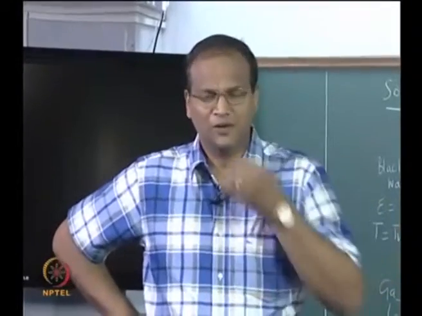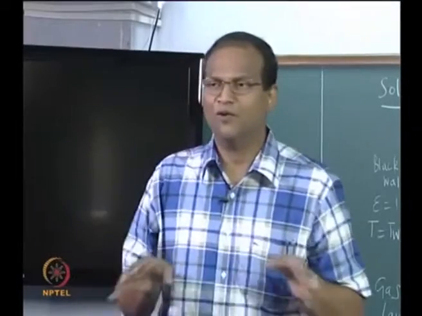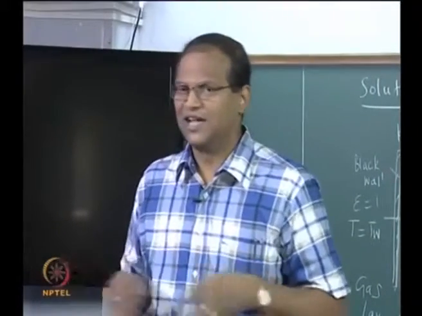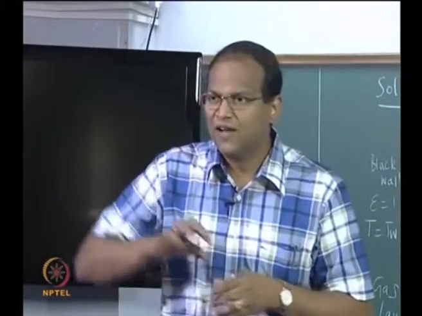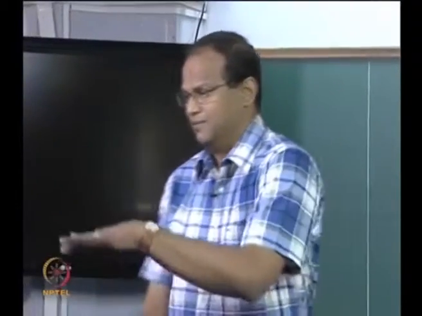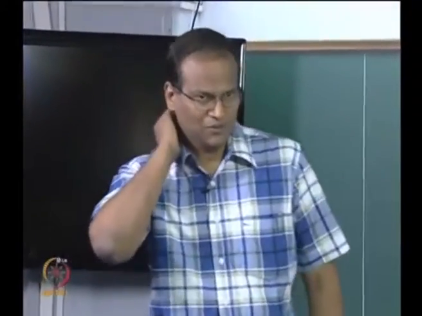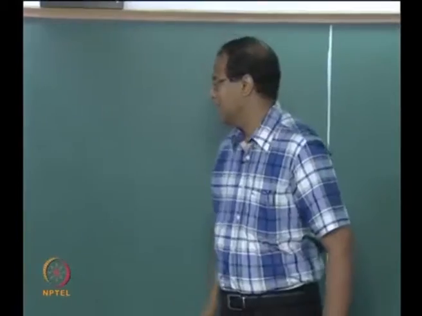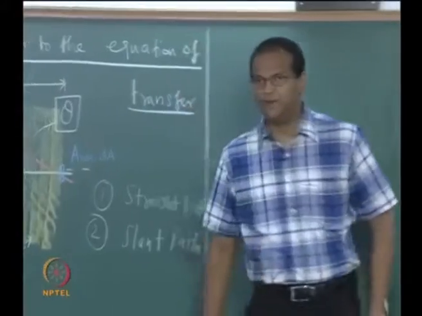Now, because it is only a first level course, we will look at a simplified treatment of the equation of transfer. We look at a one dimensional case, where we do not worry about spectral effects, we do not consider scattering and all that. A very simplified solution for this was what we considered in the last class, where I completely knocked off the emission term and I told what happens to radiation which is absorbed by a layer of water in the ocean and all that, what happens to the sunlight as it reaches the bottom and so on. Now we will formally look at some solutions to the equation of transfer, and it will lead to some complicated integrals which we will see as we go along, right.